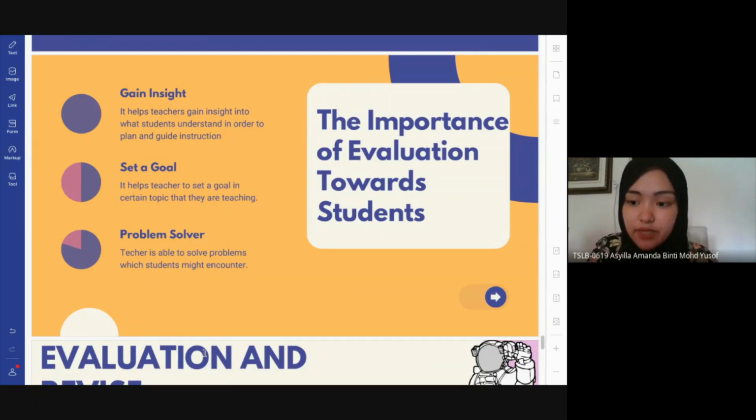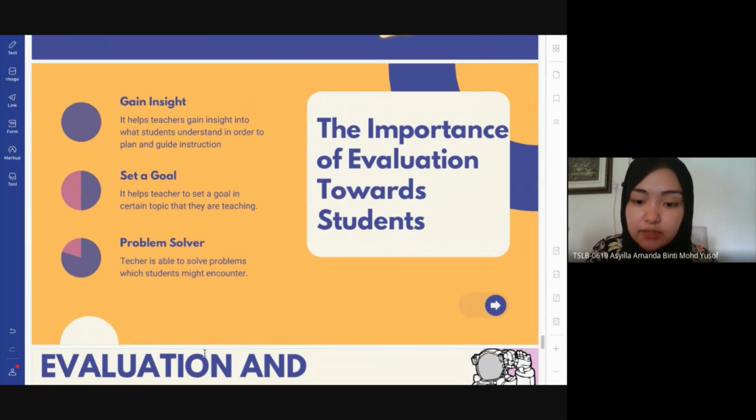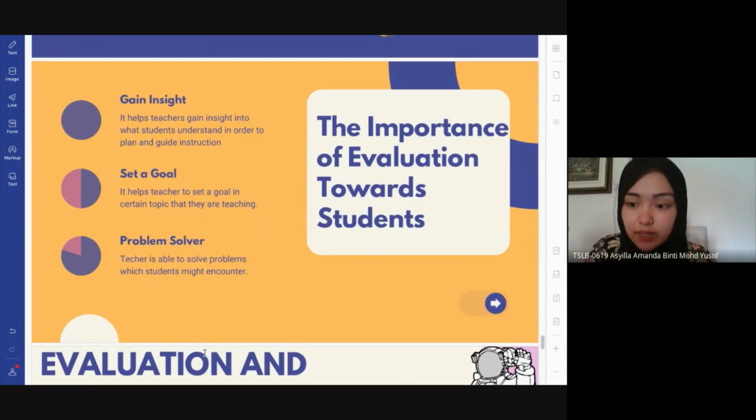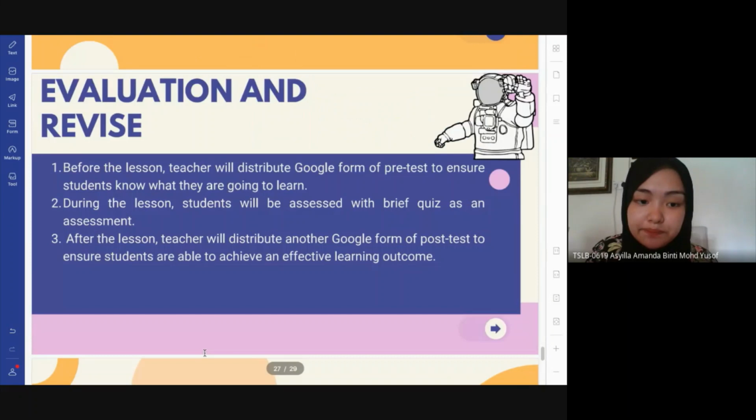Evaluation and revise can be used as a problem solver because in certain problems, they will need to assess the teaching and learning process. So they will find students who might have a problem in encountering, yes, they might spot the problem that the students might encounter. So through evaluation, the teacher will spot the problem and they can make an intervention through it. Okay, so the last one is